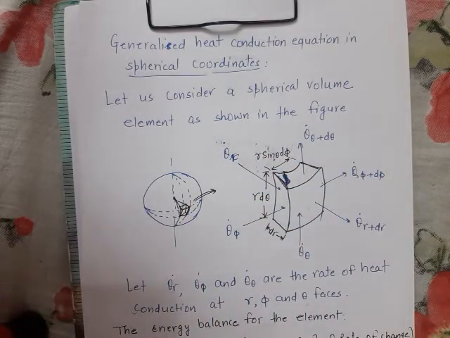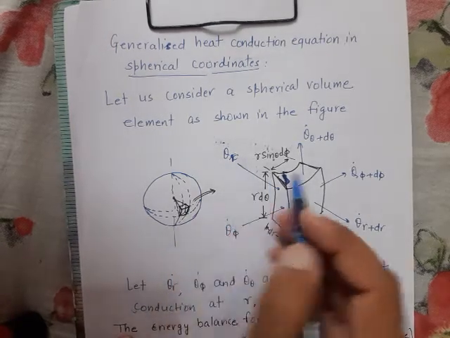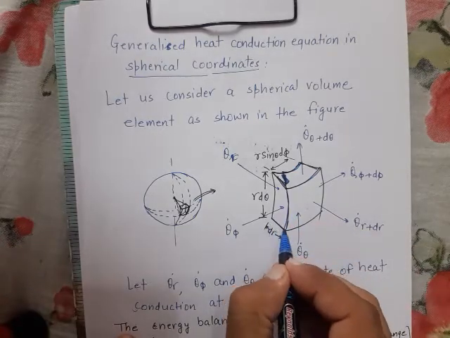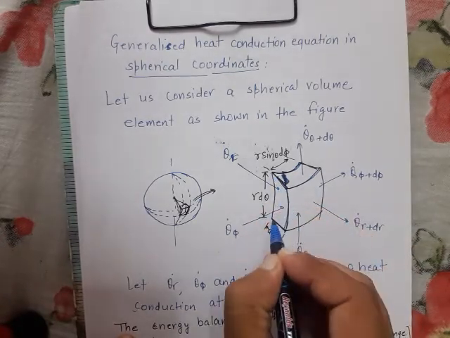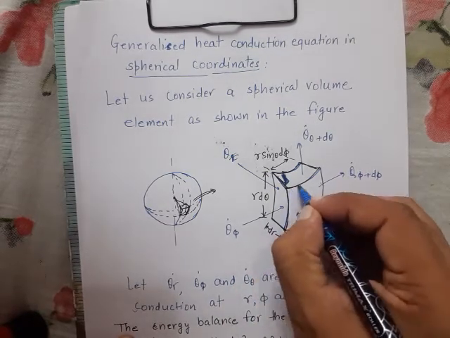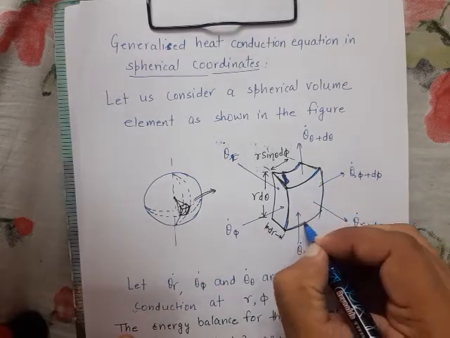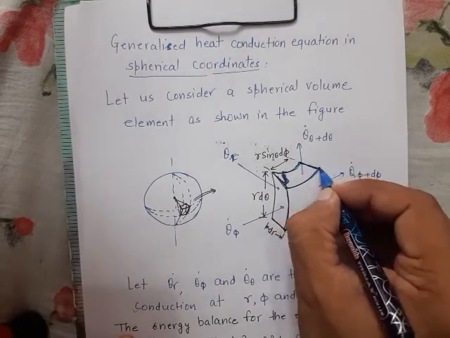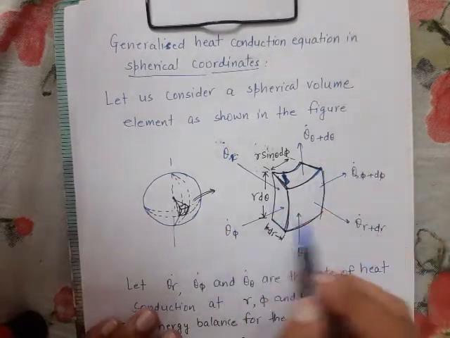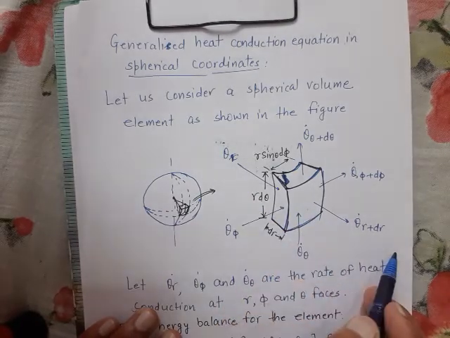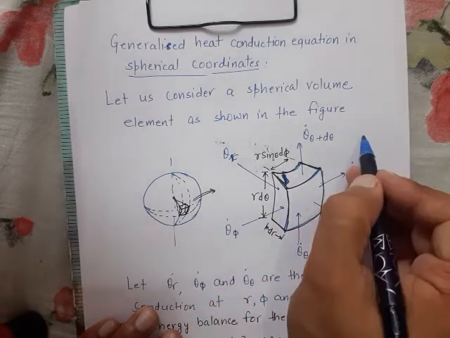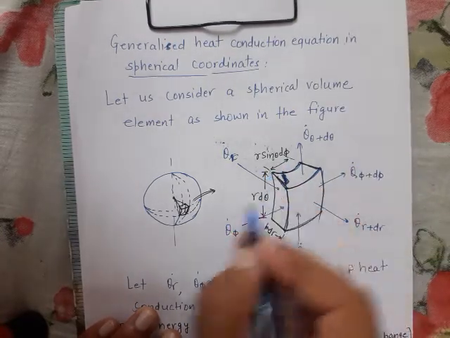Now again there will be three directions. First of all, let me indicate the directions. Please note, this is a curved direction, this is a curve, this is also a curve. The only straight line in this element is the radial direction. Draw the geometry of this element. Only this length is a linear dimension. So if you define the directions, again three directions will be there. One is the radial direction, similar to the cylinder. One will be the phi direction, the circumferential direction, and another one will be the polar direction.